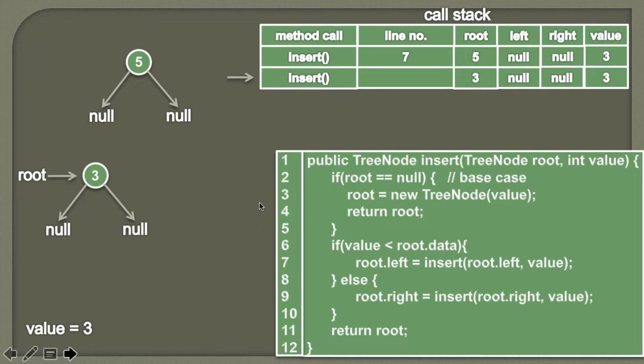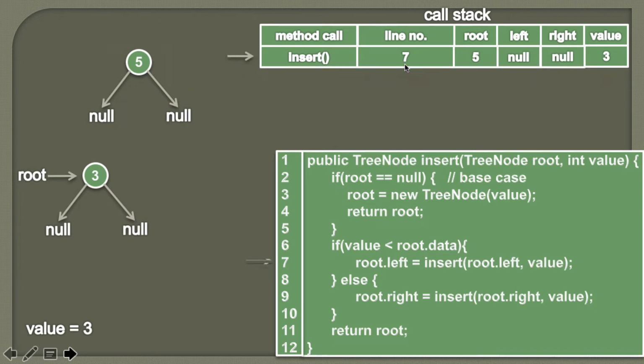So friends, as soon as we return from this method, this insert method will be removed from the call stack and the execution point will reach to the insert method which was executed just before that. And we also know that we have left at line number 7, so we'll start the execution from line number 7. So it would look something like this. So now we are starting again this insert method from line number 7, and when we had left this insert method, root was pointing to 5. So here root is now pointing to 5,